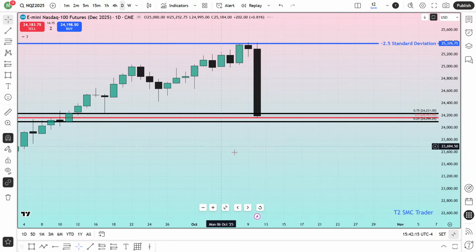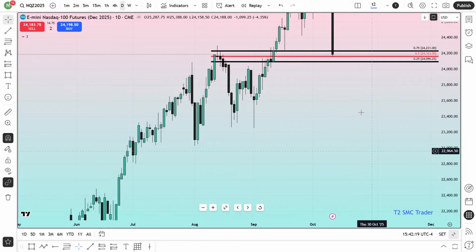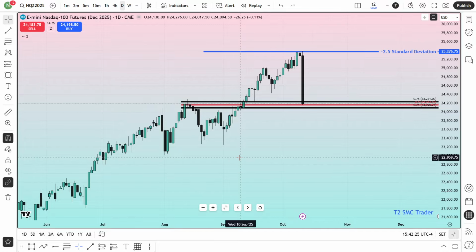Now I'm coming to the daily chart, and from the daily chart, first I would love to show you the quadrant level, the standard deviation. Okay, so I will mark the standard deviation. Long time ago, when this market cleared this low, after clearing that low, market went higher and closed above the 50% of this bearish order block.